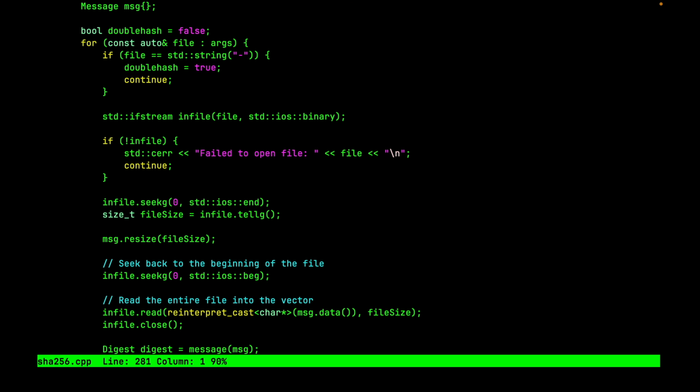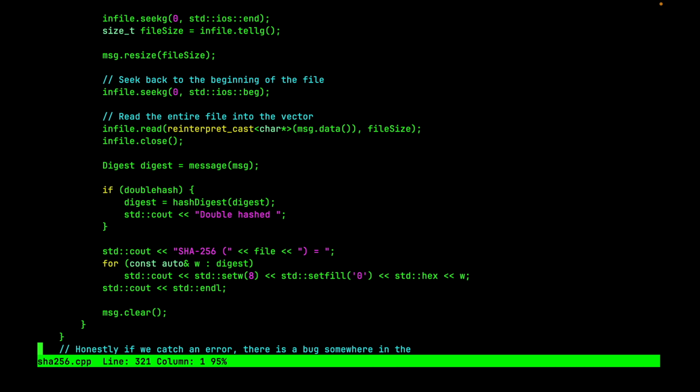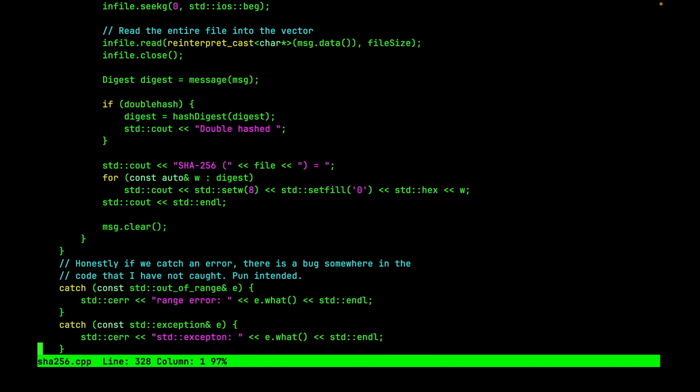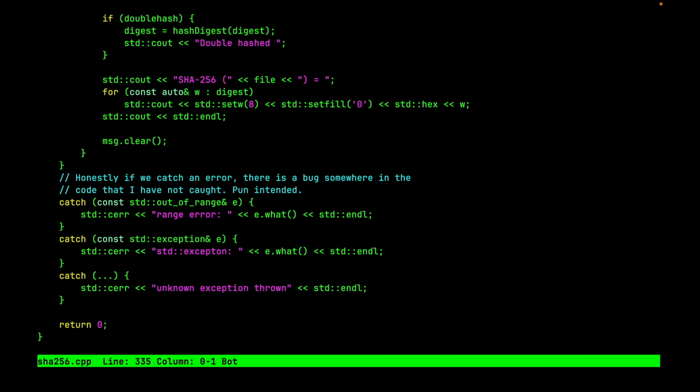I can pass in a whole bunch of files, especially when using xargs. So this will hash loads of files, which is pretty cool, because the function I was testing against only hashes one file. And of course the whole thing is in a try block. So that's really the completion of the program. As you can see, it's not a big program,